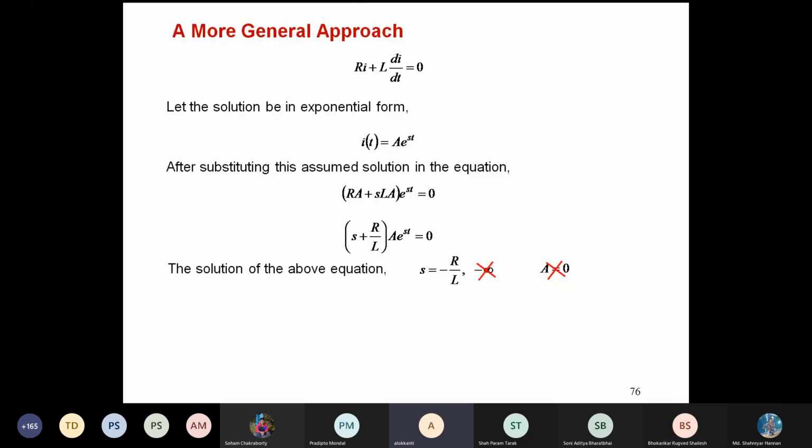The only realistic solution is S equal to minus R by L. So your I(t) becomes A e to the power minus R by L t. Obviously, A and all has to be found out, but we have found out a good value of S. Now, at t equal to 0,